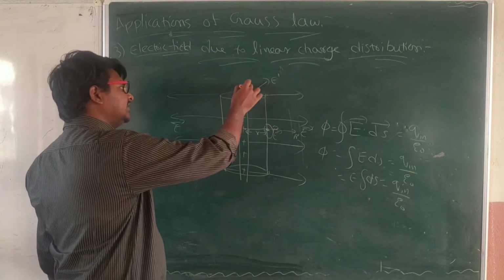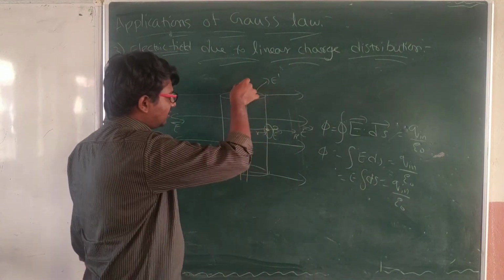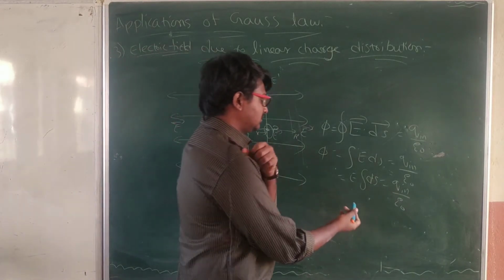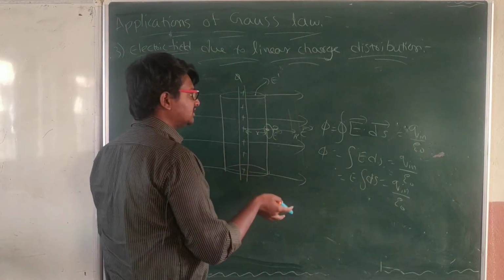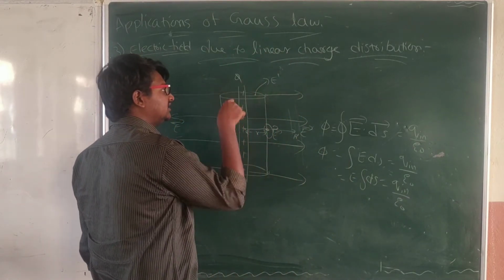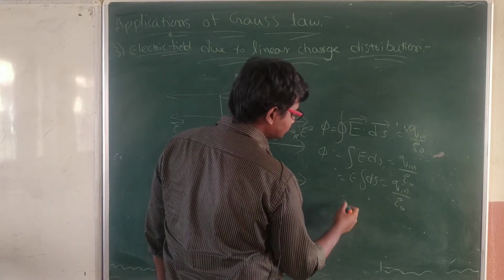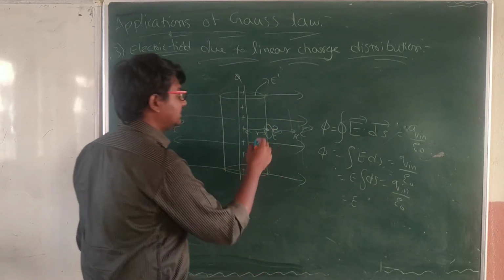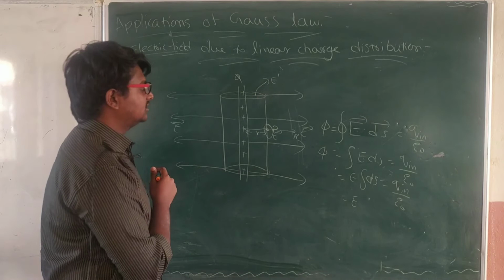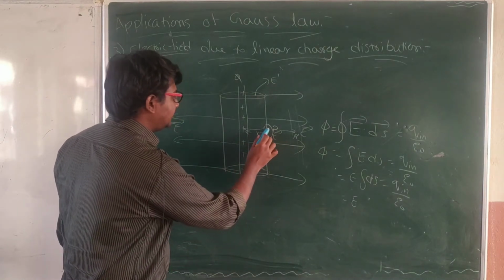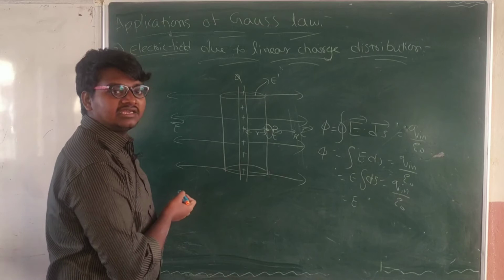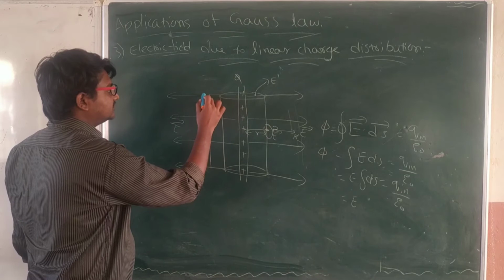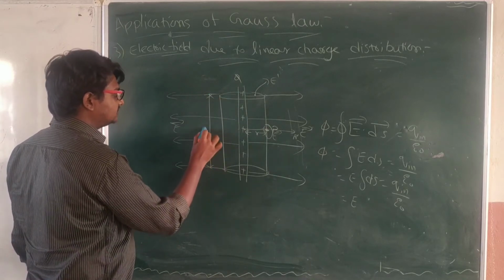Q inside means the charge which is located on the rod. Let's consider the charge on the rod as capital Q. Whatever is outside the rod is of no need. On or inside the rod, Q is the charge. So we have E into integral ds. Integral ds means the small area we have considered for point P. But there will be many such points P around the cylinder, and let's consider the length of the cylinder as L.